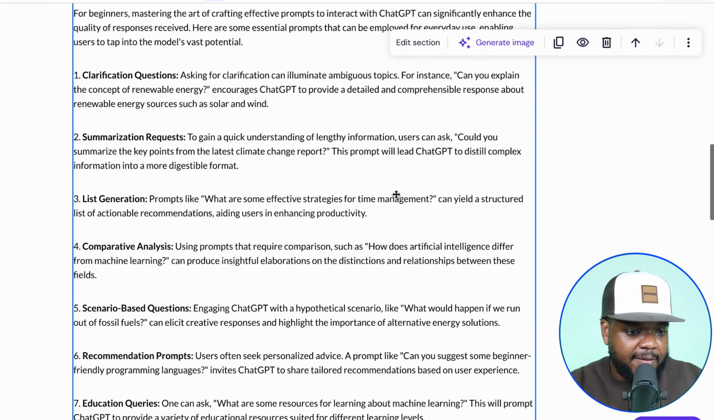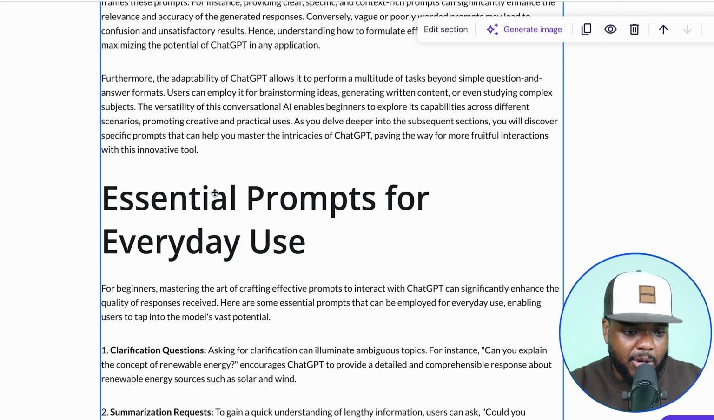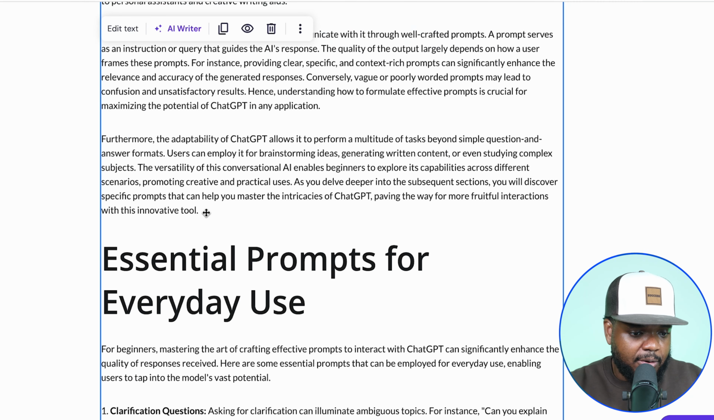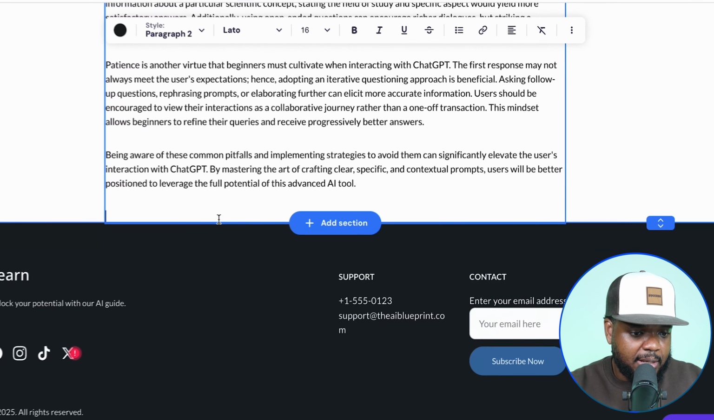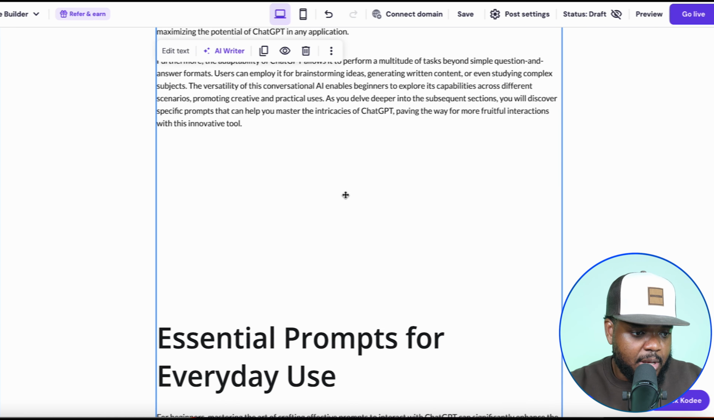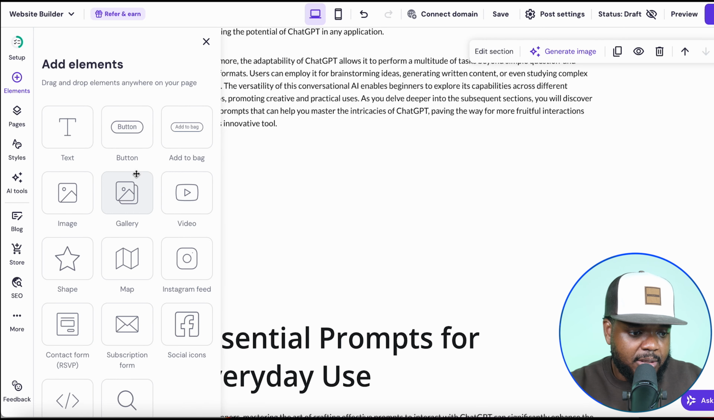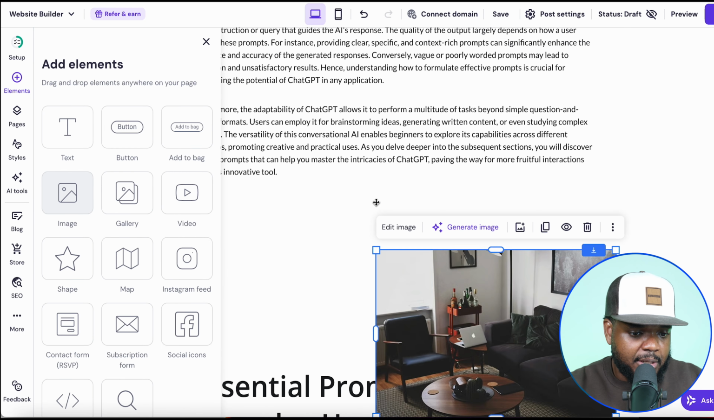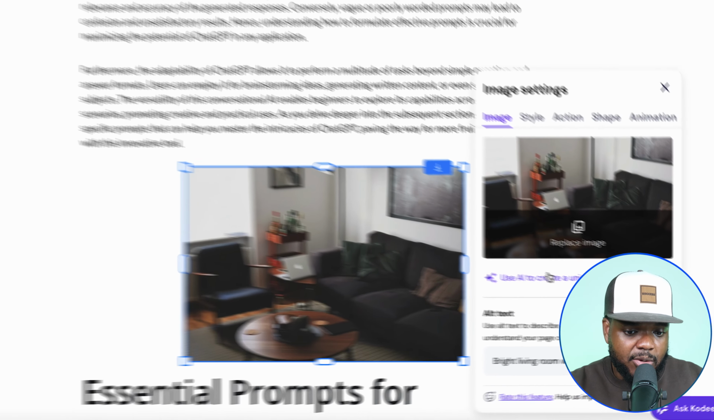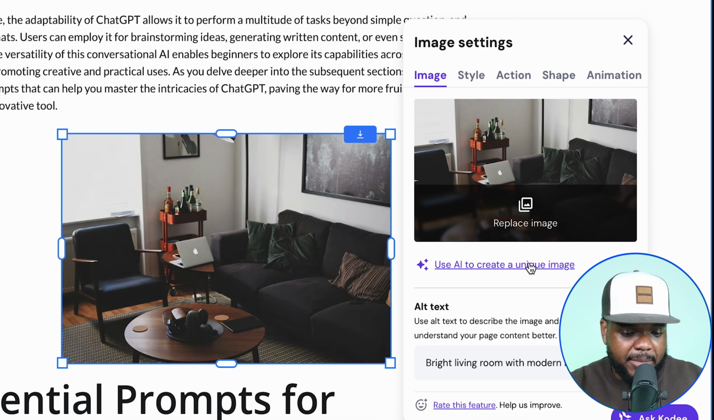And you can do the exact same thing in between the actual article. So if I wanted to add another image, let's say over here, what I can do is just select this text. I could just create a space just like this. And then what I can now do is go over to elements, drag an image box just like that. And I could do the exact same thing. I can use AI to create a unique image, or what I can do is use one of their free